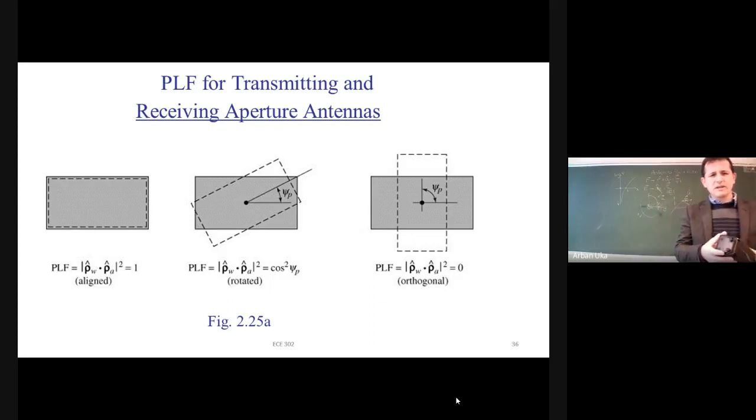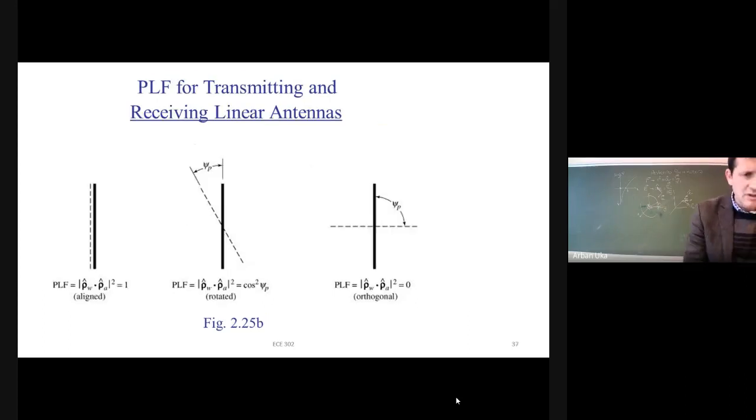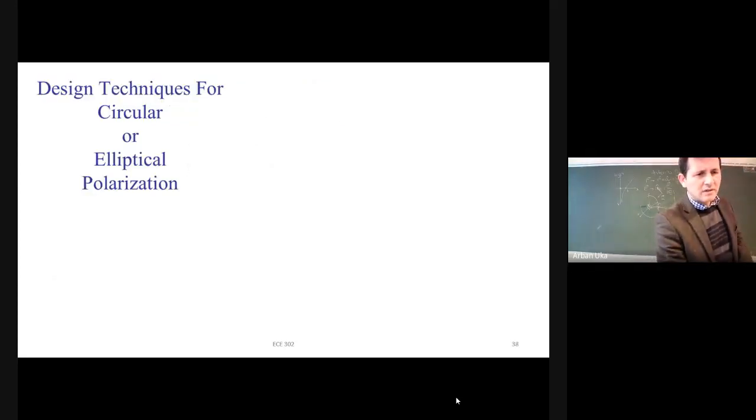So this would be an antenna which receives waves from a specific solid angle, an aperture. And receiving linear antennas would be like a half wavelength antenna, which is described as a line, and this is going to accept signals.